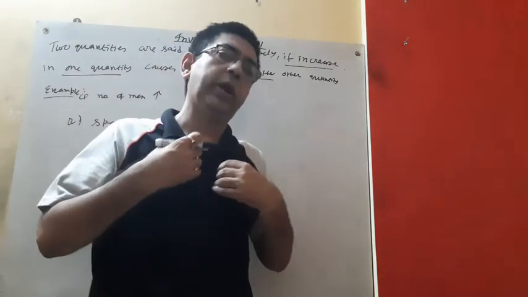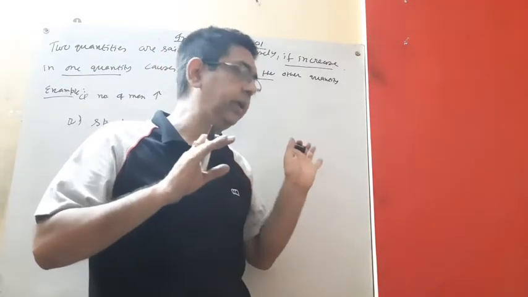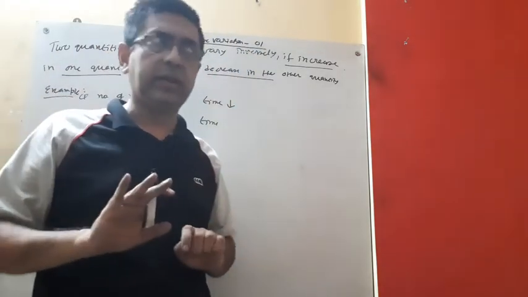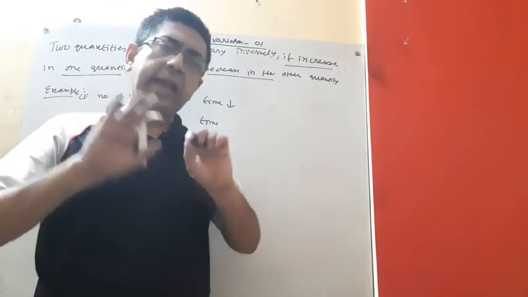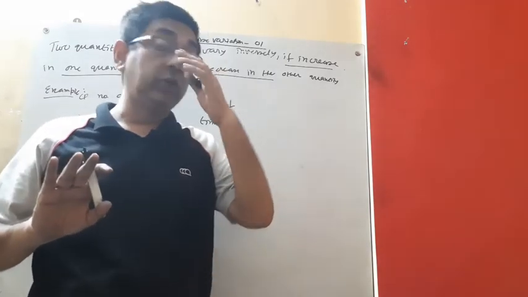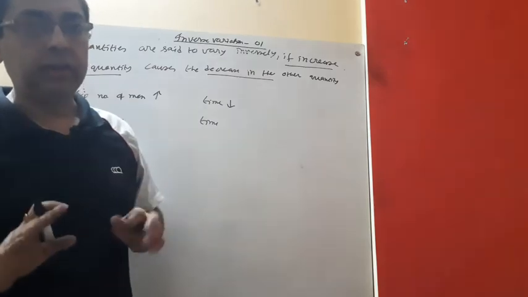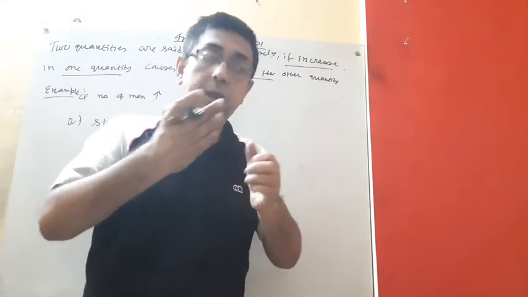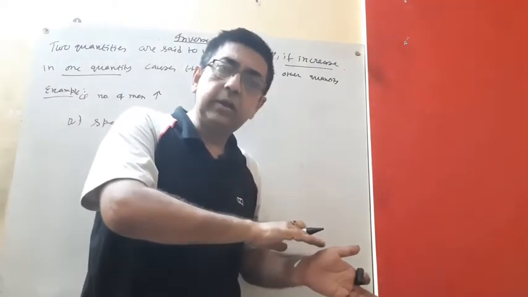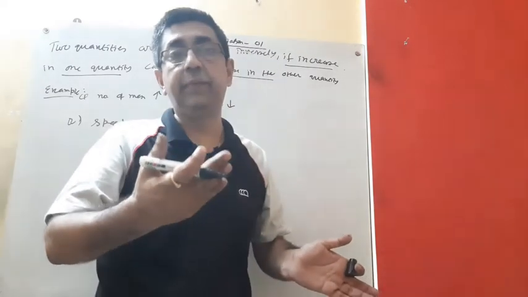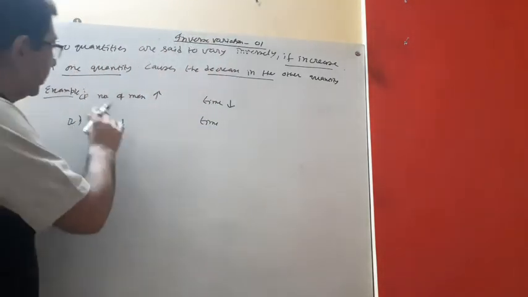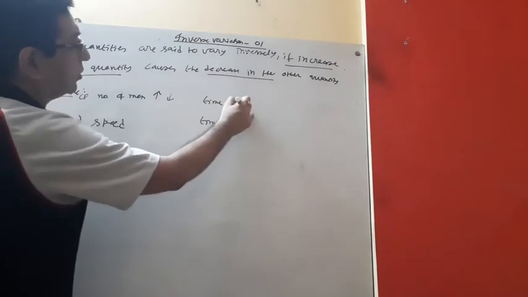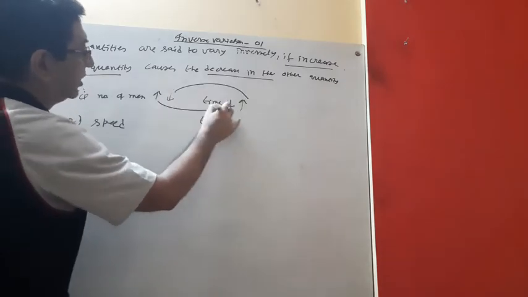But suppose 3 people are there to complete the work. At any way, suppose two people left the work. Then for me it is very hard to do the work at the same time. So that means if the men is decreasing, the time will be increased. So if the number of men increases, time decreases. If the number of men decreases, time will be increased. This is the relation.